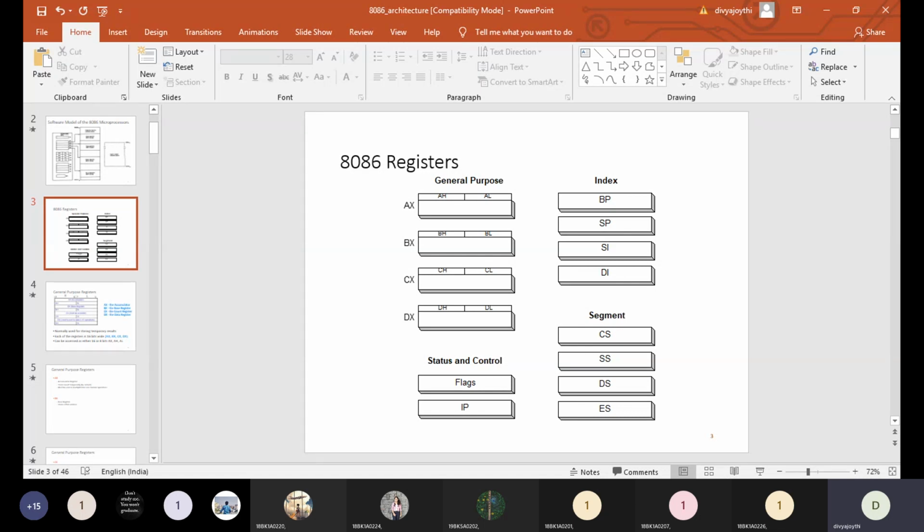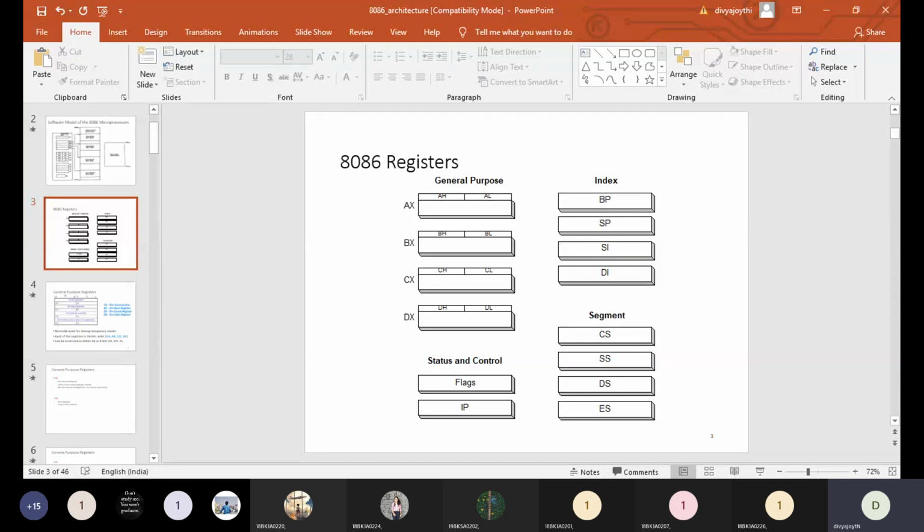These general purpose registers are completely utilized based on the program, whereas the remaining registers we can't use as we wish. They have their significant usage only when we have the requirement of that particular application.